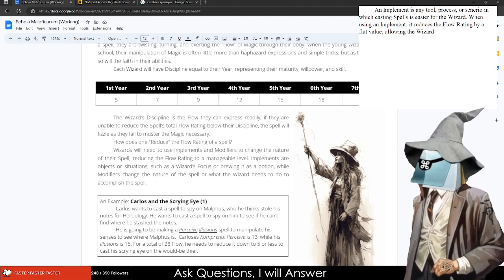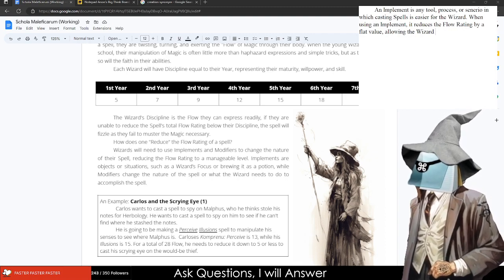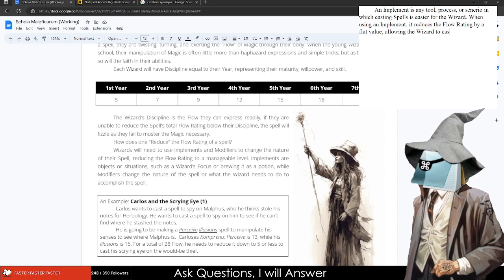When using an implement, it reduces the flow rating by a flat value, allowing the wizard to cast spells